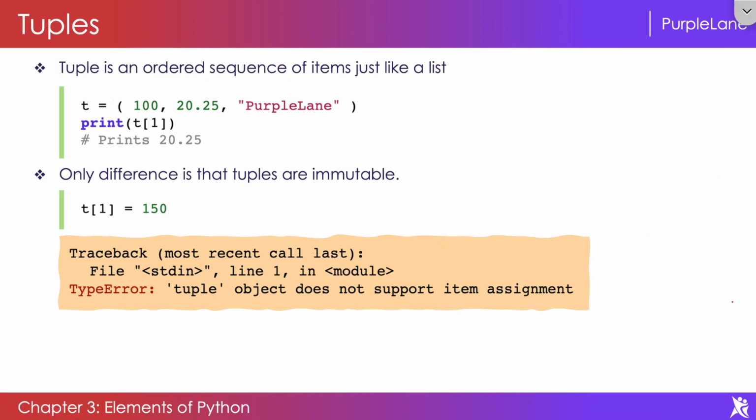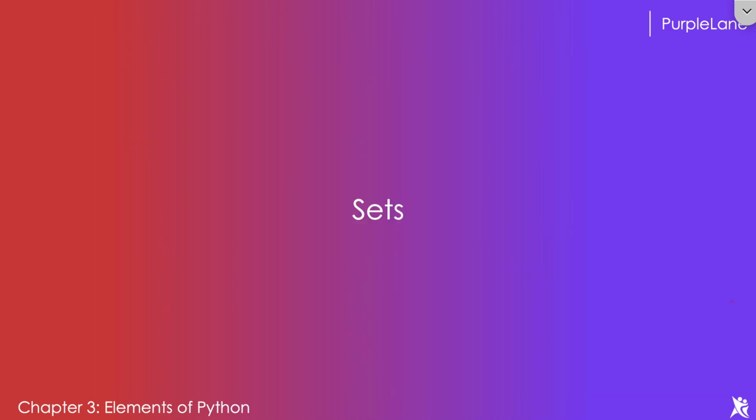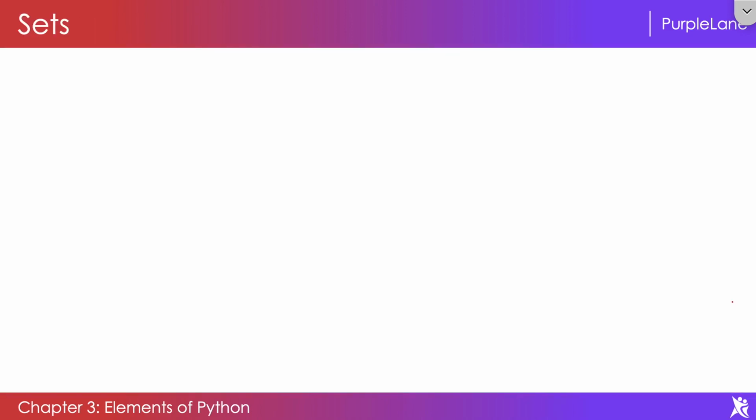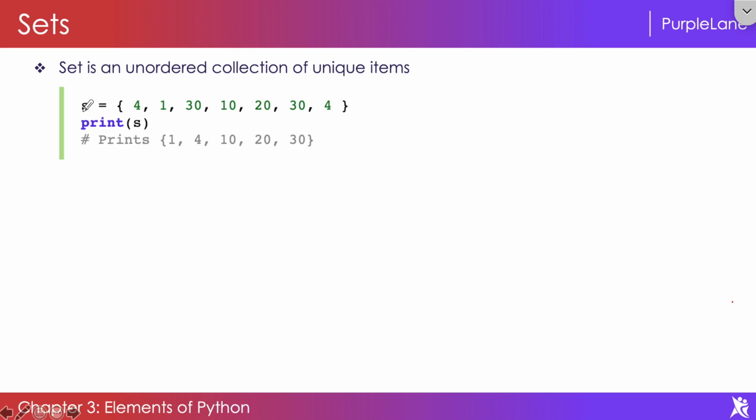Now let's look at the next data structure called sets. A set is an unordered collection of unique items. Now this is interesting. Let's look at an example and come back to its definition. So here is a variable called s, which is assigned with a set. So in this set we have different elements and this set is bounded by curly braces. These are curly braces,